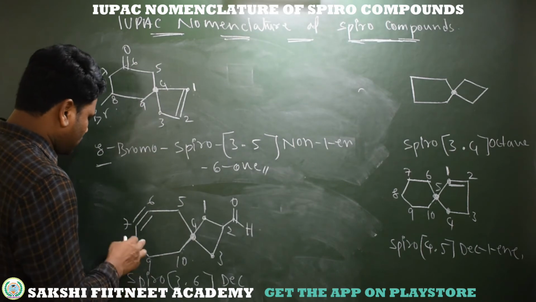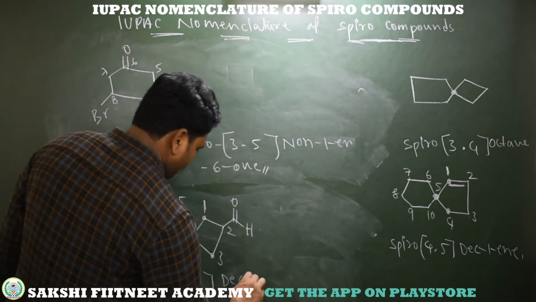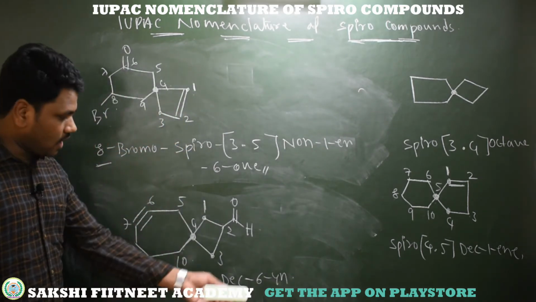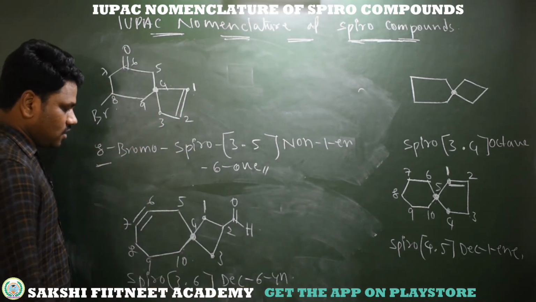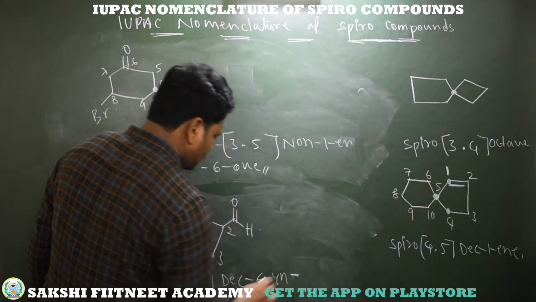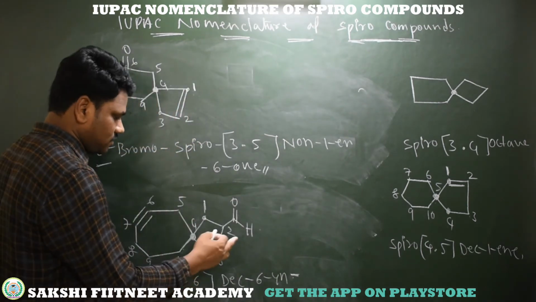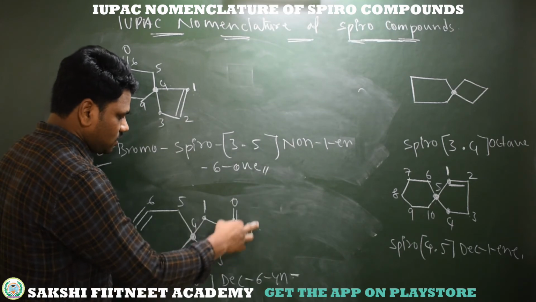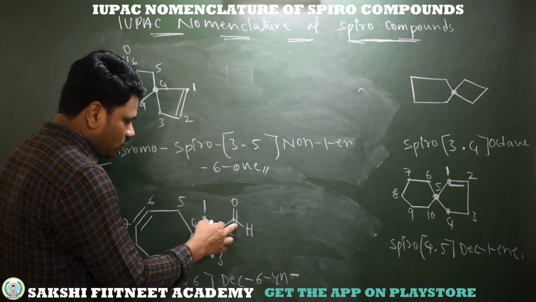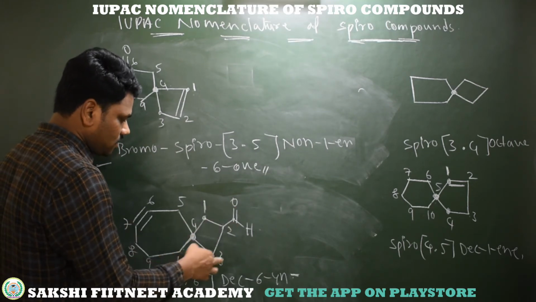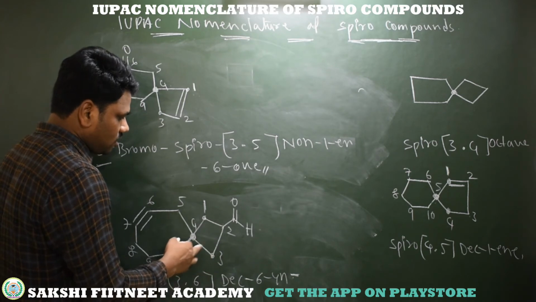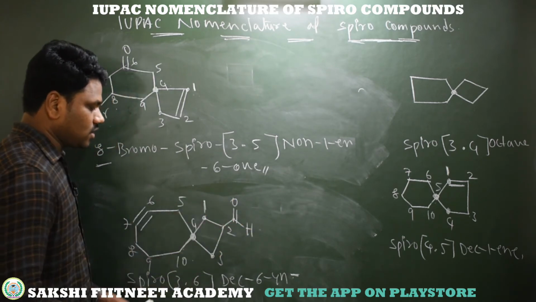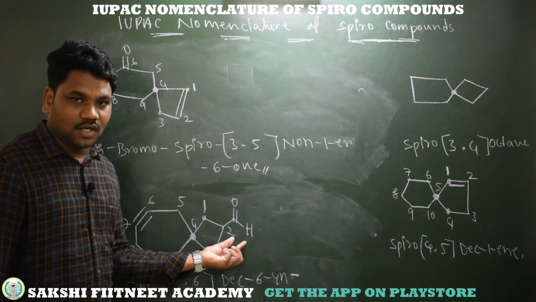And here we have unsaturation at the 6th position. Dec-6, the unsaturation is a triple bond, so it's yne, which is a primary suffix. Now I am ending with the functional group, which is the secondary suffix. Here the aldehyde is bonded to the second carbon. If this carbon were included in the word root, that means the major parent chain, then we would just end with al, which is the suffix name for aldehyde.